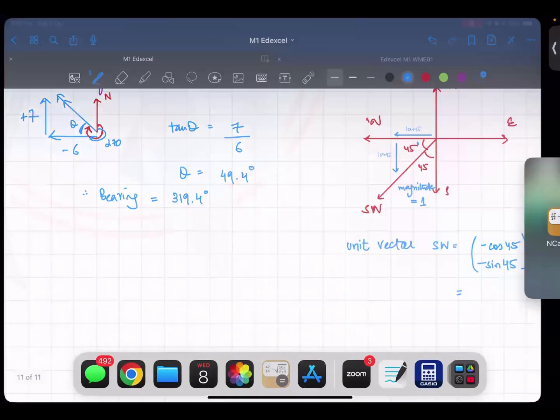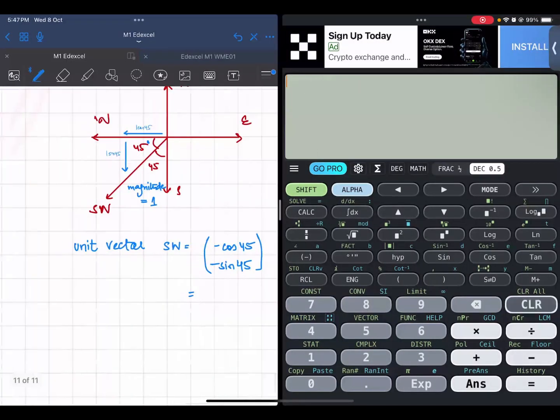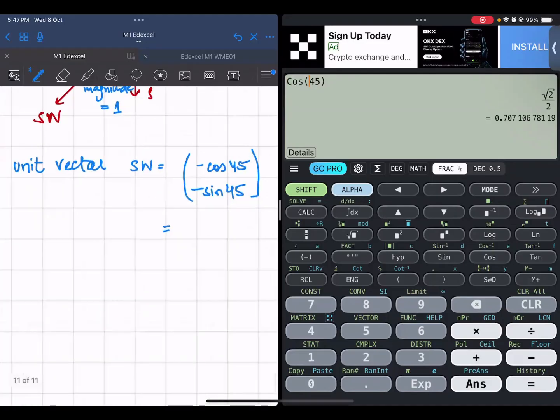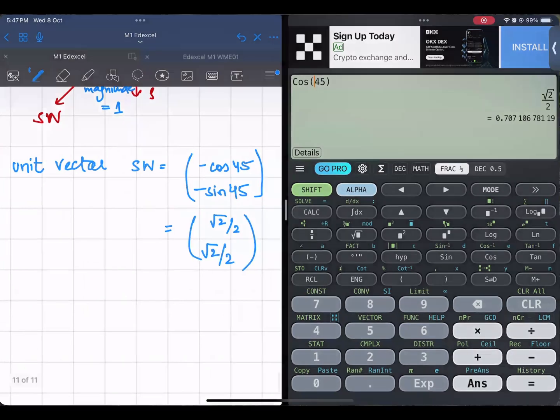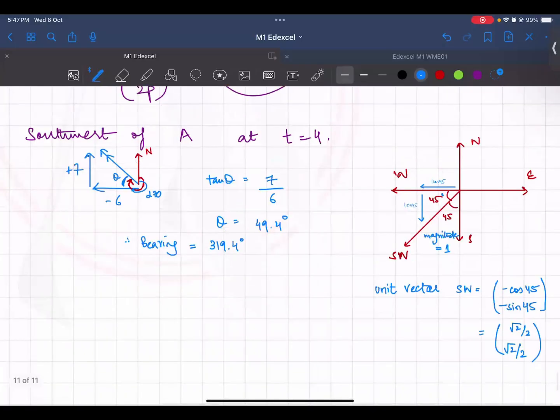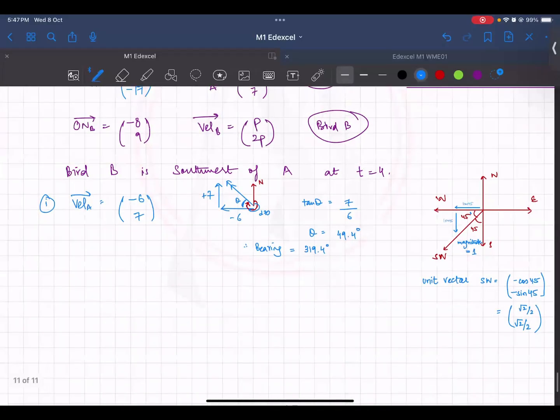Because if you look quickly, cos 45 and sin 45 have the same value. Sin 45 is 1 over root 2, or root 2 by 2. And cos 45 will also be root 2 by 2. It's the same. So it's root 2 over 2, root 2 over 2. Yes. So we now know that at time 4,